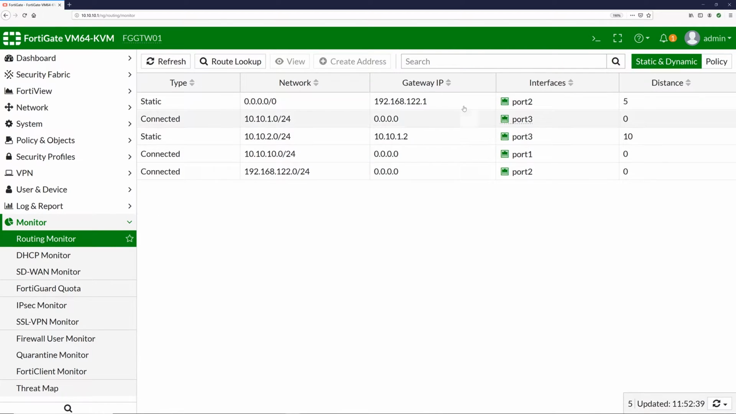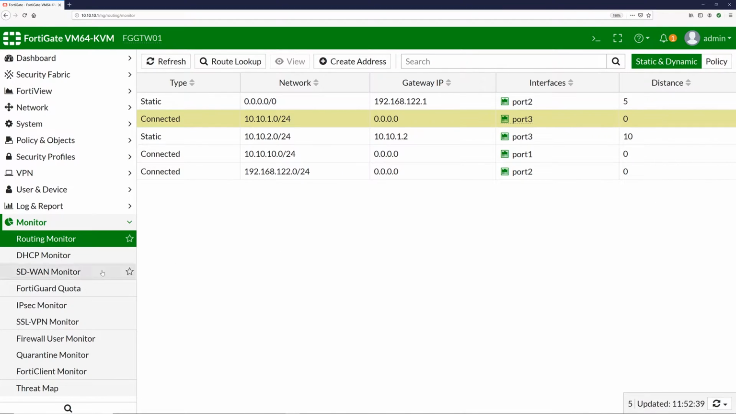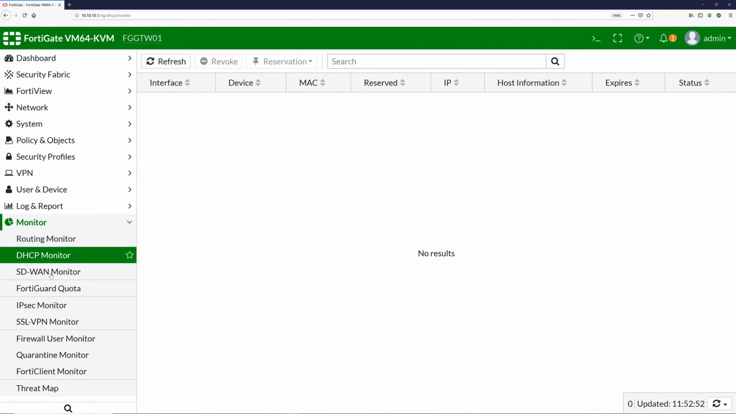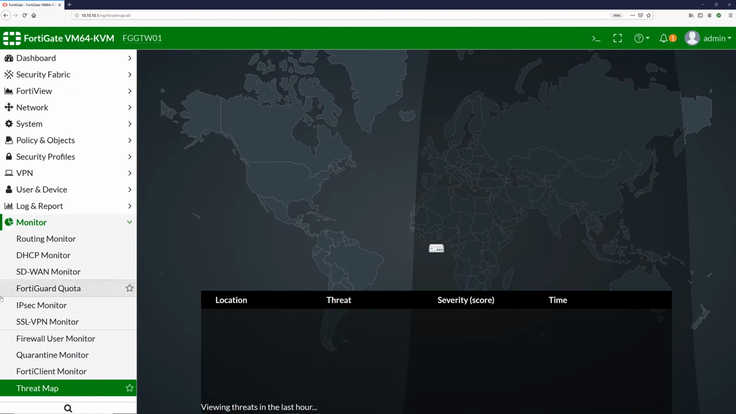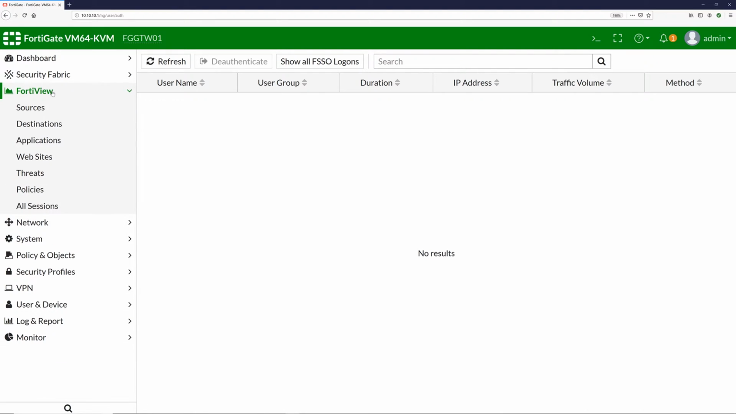And routing monitor, you will have all the route lookup, and do the search. It should give you the route lookup. A DHCP monitor, I do not have any DHCP server enabled, so there is no activity in all of these. So if you go to threat map, I did not set anything, so right now we do not have anything. But just to show you a high level,